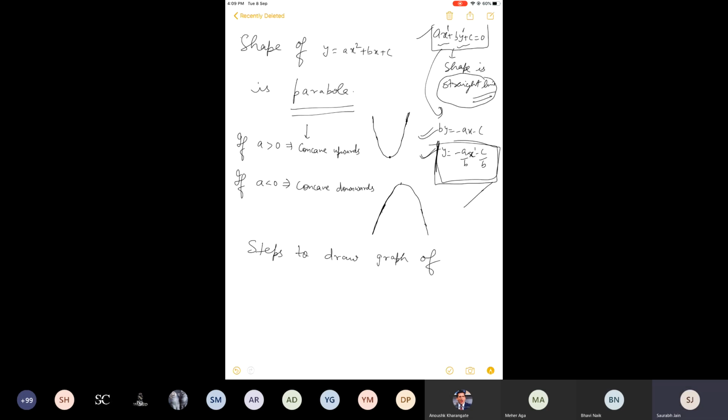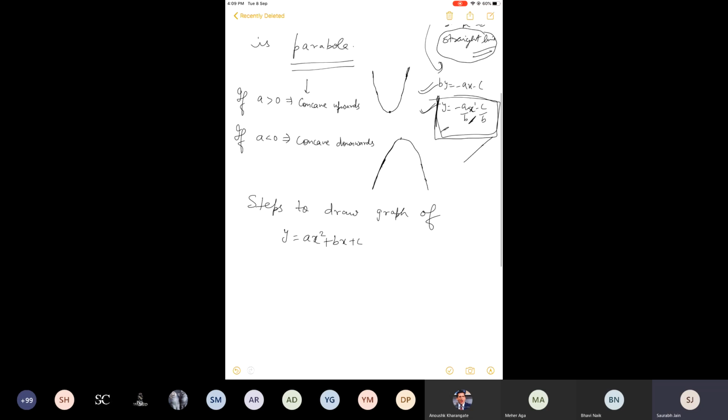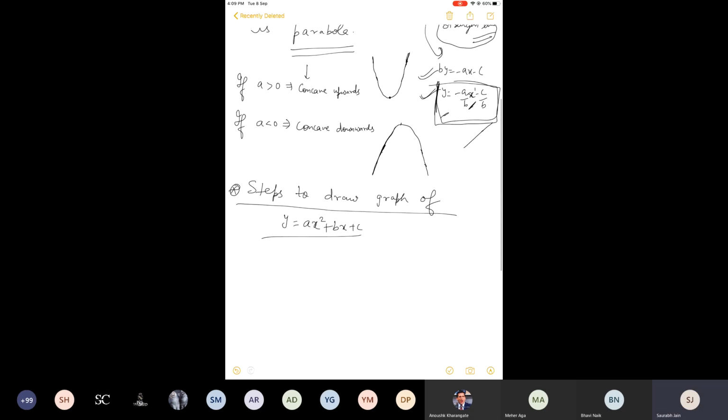An important thing is here we are not going for plotting like what we used to do in class 10. Put some value of x, get y, you will get a point. Another x, another y. You have got 2 points now. You used to locate those points on the graph and join them with the help of a scale. Now we are not going to follow all that. The method is totally different, and there are certain steps involved to draw graphs of such type of equations.